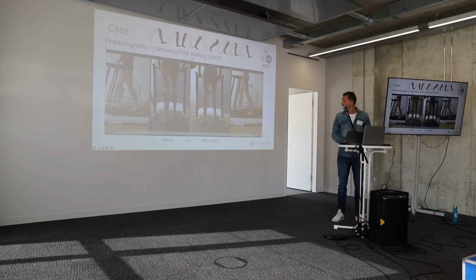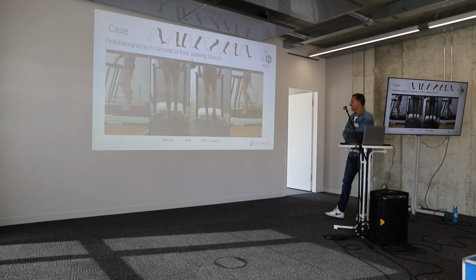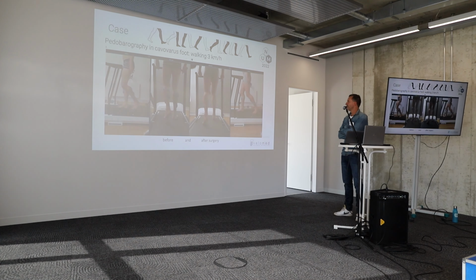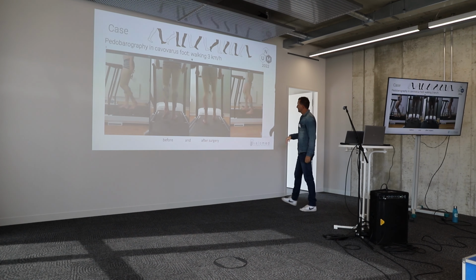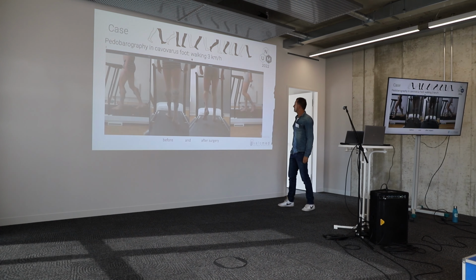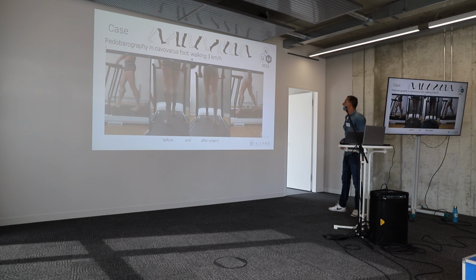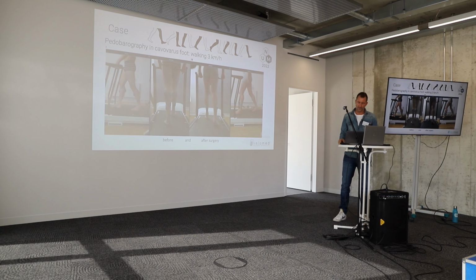So, what was the pedobarographic result after the surgery? You can see the right side, that was the operated foot. Now it's almost a hindfoot valgus, a slightly hindfoot valgus. That is 8 months after the surgery. I think the most impressive sign is from the side. You see that the toes are straight right now. And he doesn't need to contract to stabilize over the toes and the forefoot.